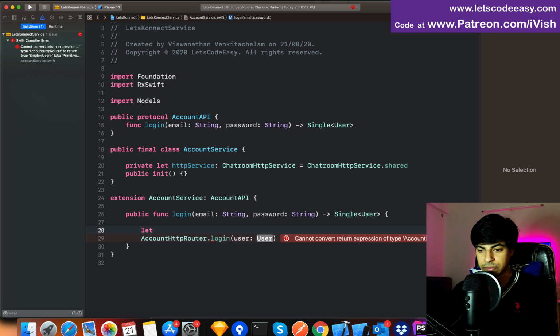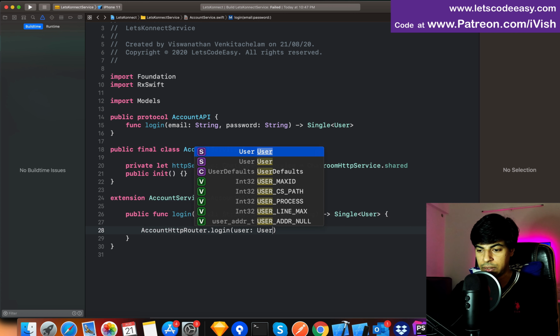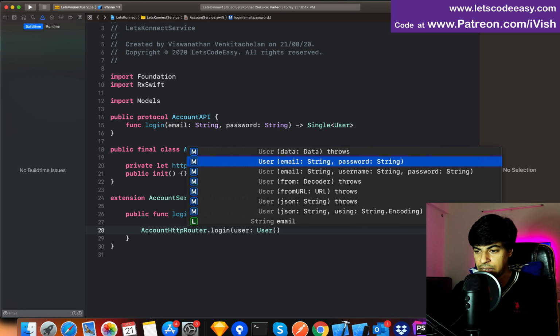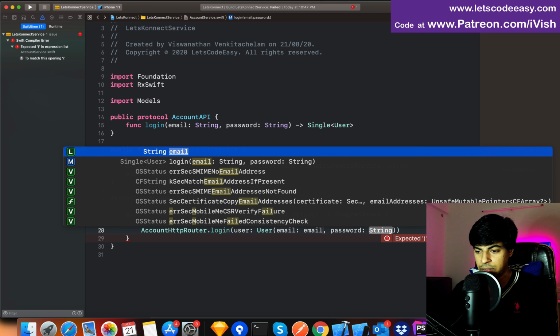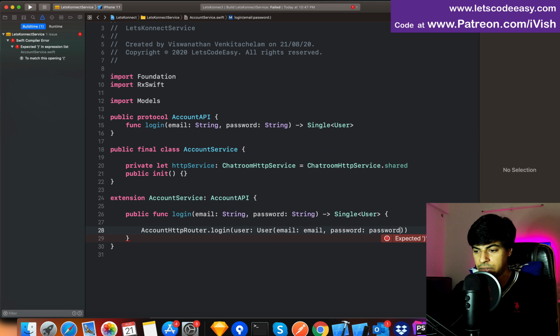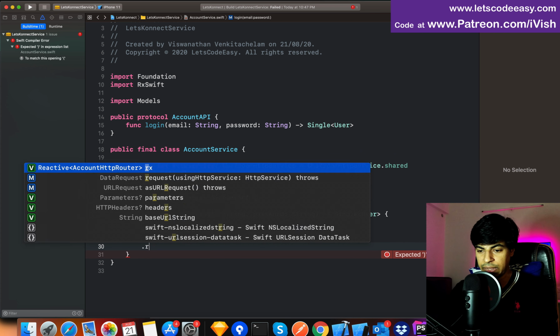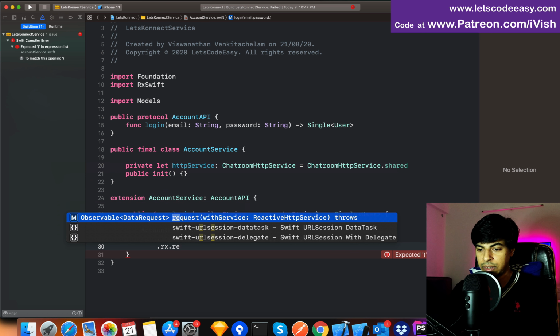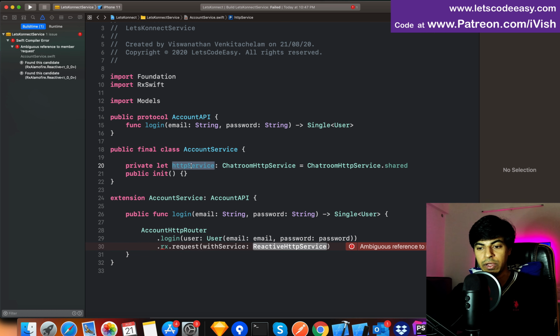Let user equal to, or maybe you don't even need to create another function, you can just pass it here. User, we need the email and the password. So email, password. So that's my login. All that I need to do is to make a rx dot request with the service. So we already know what service we need to use. We are instantiating the HTTP service here. I just pass that